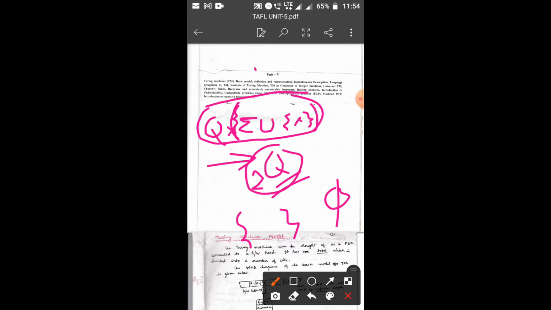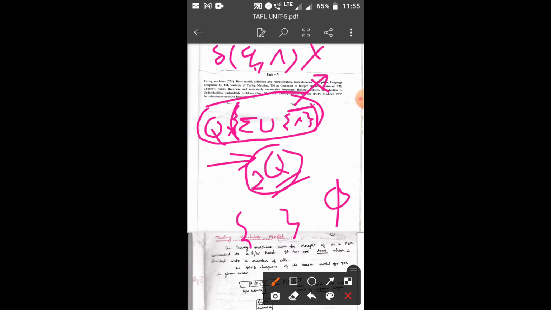And what is the importance of this null symbol? In the case of DFA, there is no transition rule like this. This is not allowed. We cannot transit from a particular state to the next state without considering an input symbol.